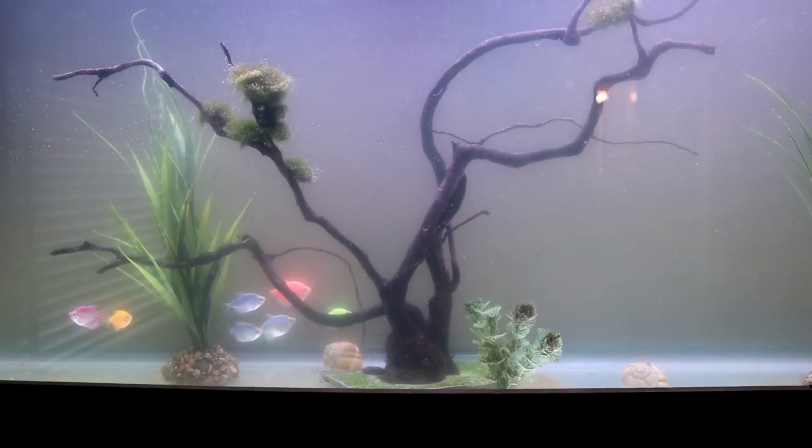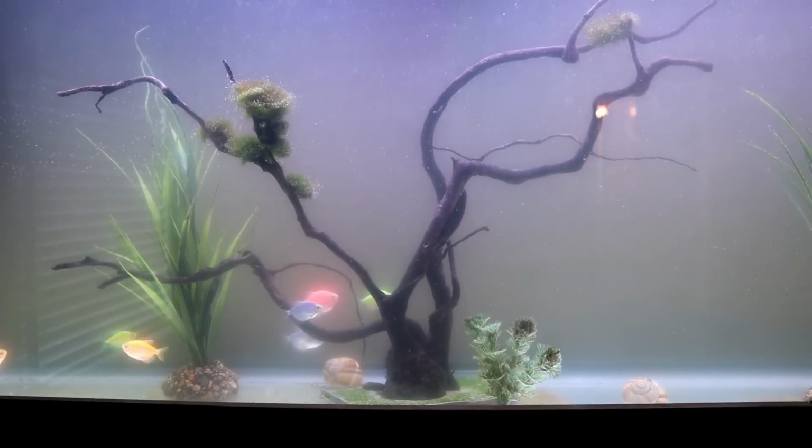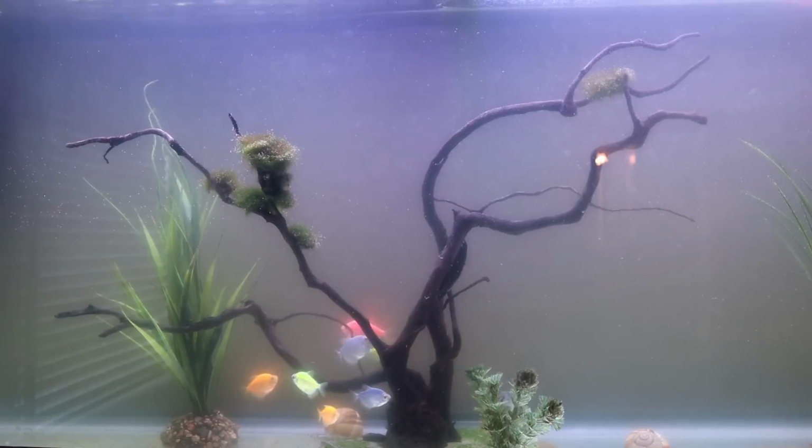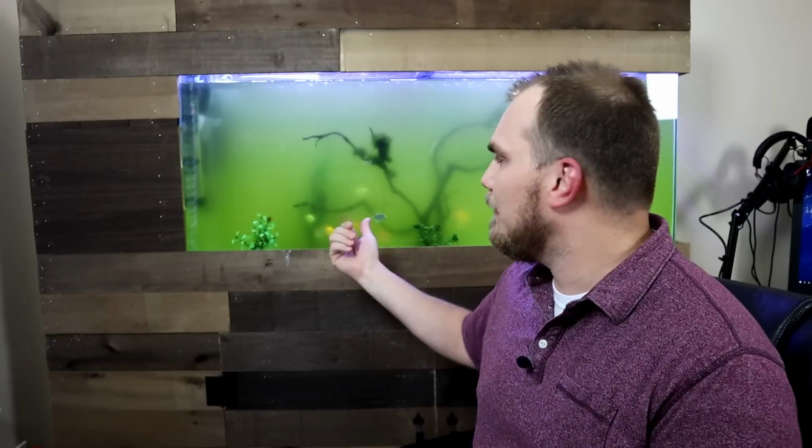Now, another commonly asked question is, is green water bad for your aquarium fish? And for the most part, no. The green algae itself in your water is not going to harm your fish. I mean, look at them, they don't really care. And for your aquarium plants, they don't care either. These are fake. I guess the moss up there is real, but it doesn't care either. For the most part, green algae is safe for your fish and plants, but it just looks...